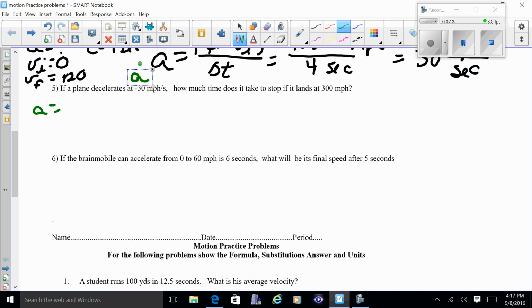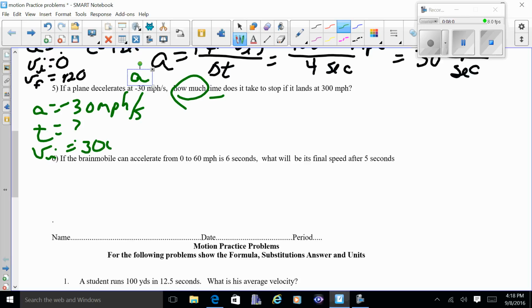Does it take to stop if it lands at 300 miles per hour? Well, that means its starting velocity is 300 miles per hour. But if you notice, I skipped over something very, very important, because it says how much time does it take to stop? Well, if it's going to stop, that means its final velocity must be 0. So let's come over here to this triangle again. If A equals change in V over T, and it wants to know how much time, I'm going to cover up the T with my finger, and now know that T equals change in velocity over